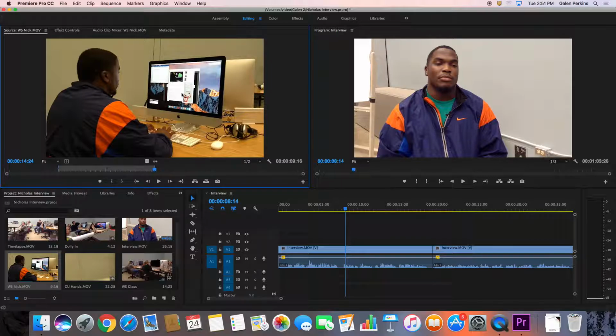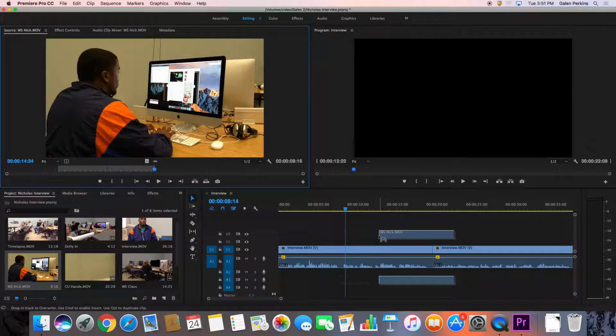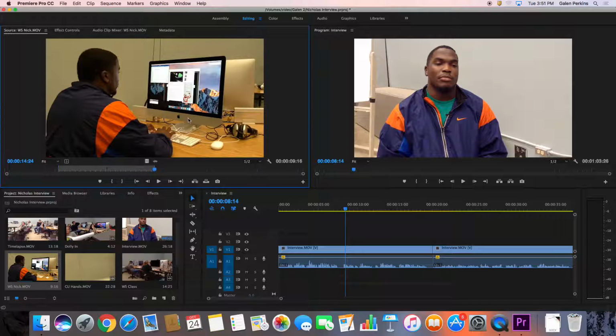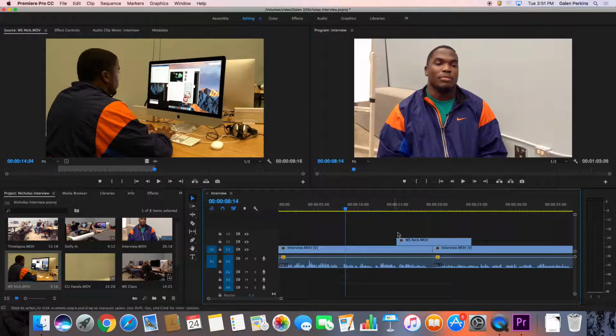We'll set our out point, and instead of just dragging the clip down, which gives us the video and audio tracks over here on the right, we want to drag down just the video. There is an icon right here that looks like an old film strip, and if you hover over it, it says drag video only. If you hover over the waveform, it says drag audio only. So in this case, we want to drag just the video only, so we'll grab that, drag it down, and it just drags his footage over. So now when we play it back,